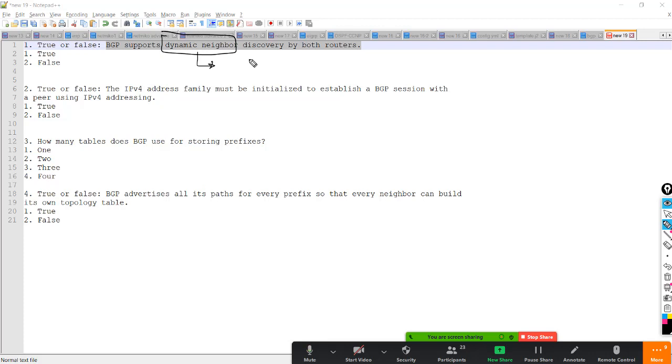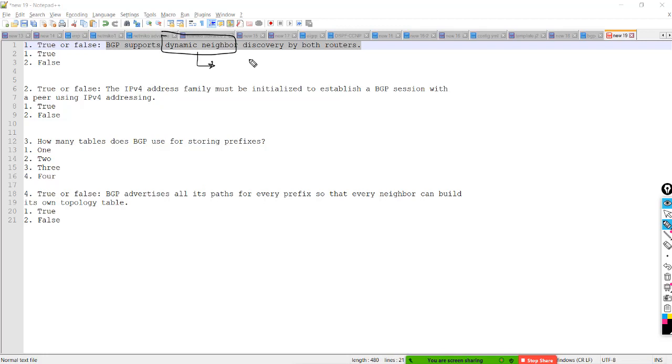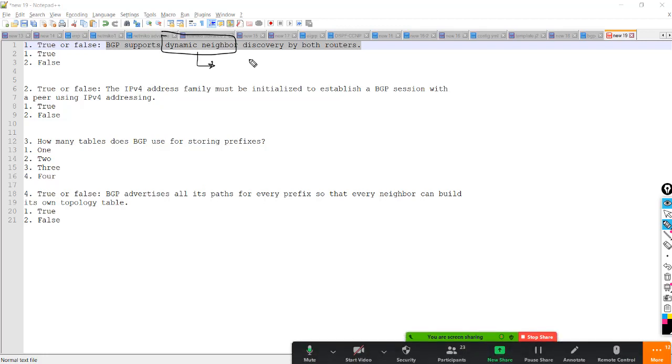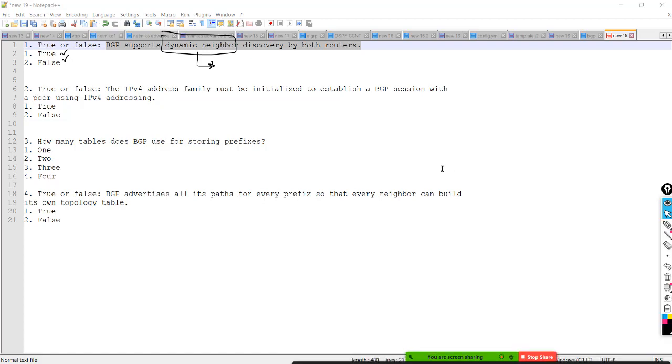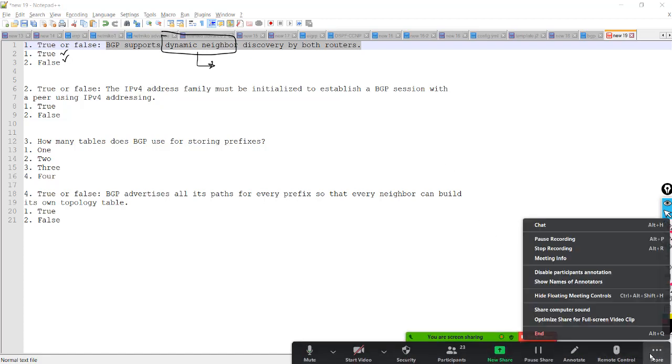As soon as you configure the network command, or enable the router OSPF process or router BGP process, they send hello packets and so on. Is it true or false in the case of BGP?